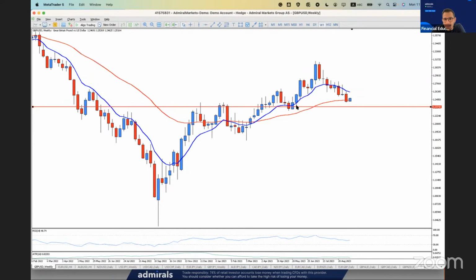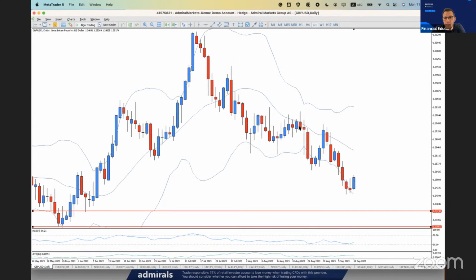Why? The next area of support is found to be this one here, and the next one is going to be this one here. So pretty much we can say that we have this area of support. There is more room for the price to move if it breaks below the previous week's low, or if it pushes to the upside. The next area of resistance automatically is the previous weekly candle high. Please note this down.